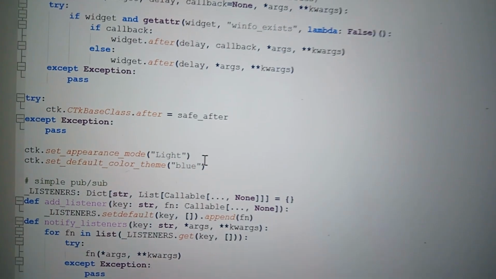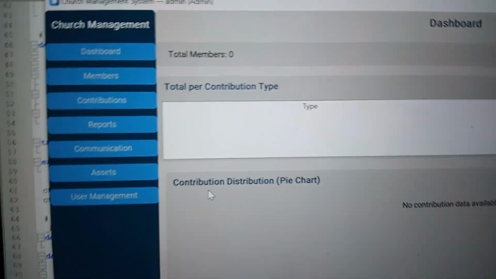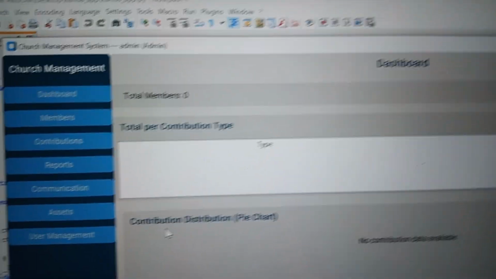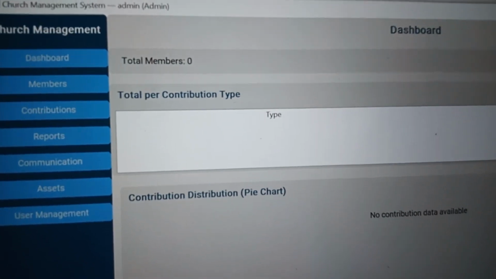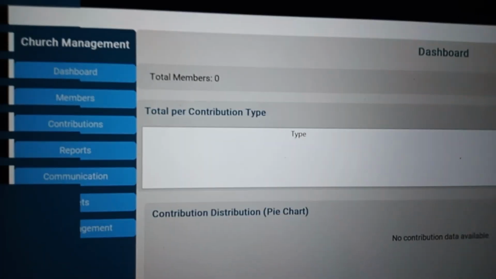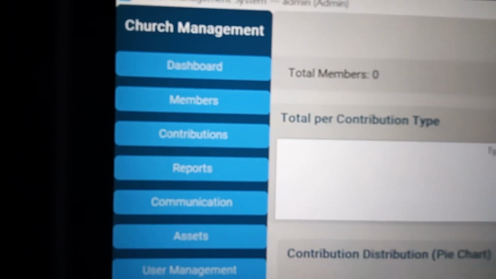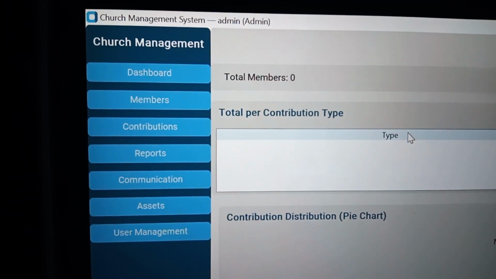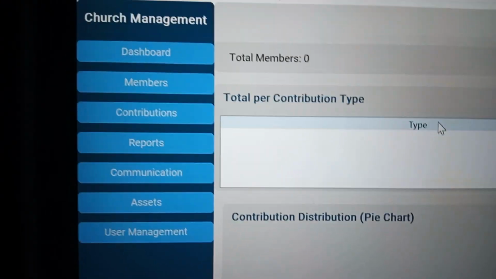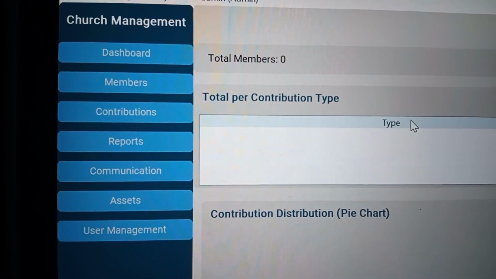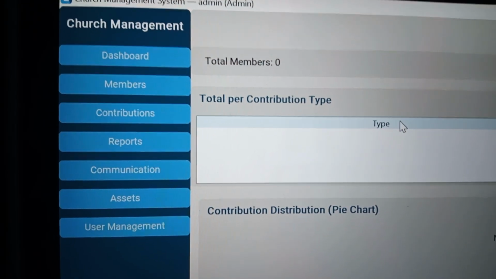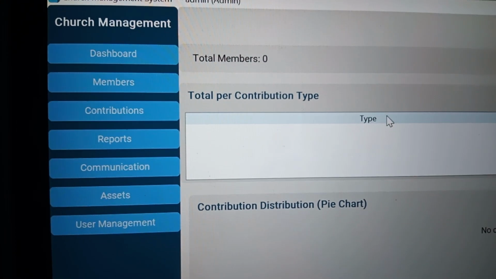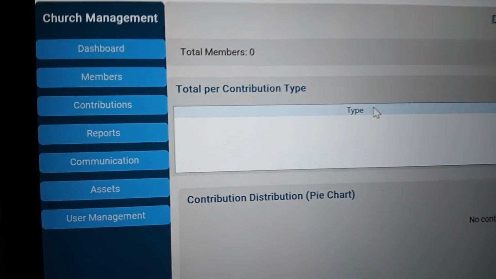Now we can log in, and now this is the user interface. For now, we don't have any entry, which we can now do. Before we do any entry and see how the features work, this is now what we have in our main menus: the dashboard, members, contribution, report, communications, assets, and so it has been made such that there are some tabs